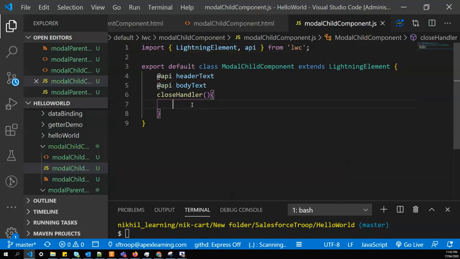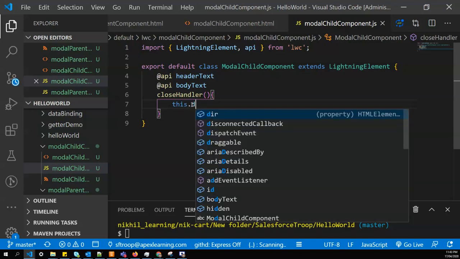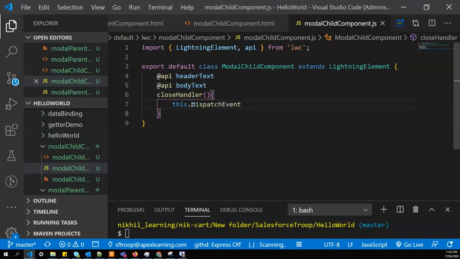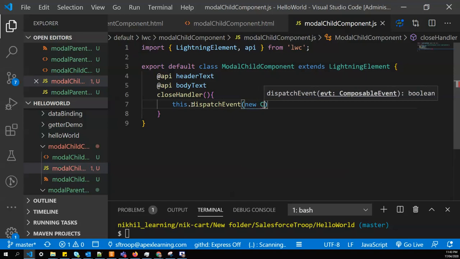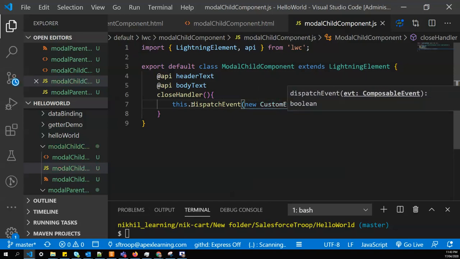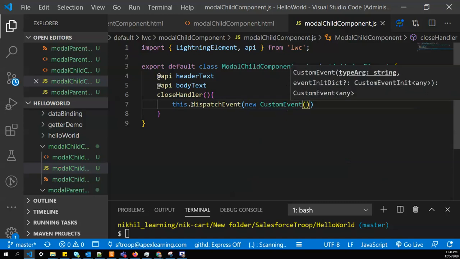And here we'll create our custom event. So now we know how to create the custom event. I'll say this.dispatchEvent. This will dispatch the event to parent. And to create the event we'll use the constructor CustomEvent, and within this the first property is the event name.